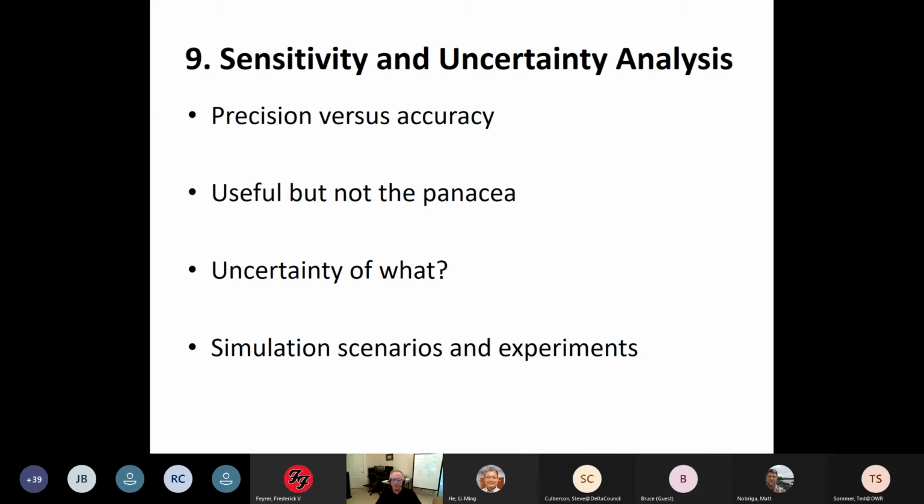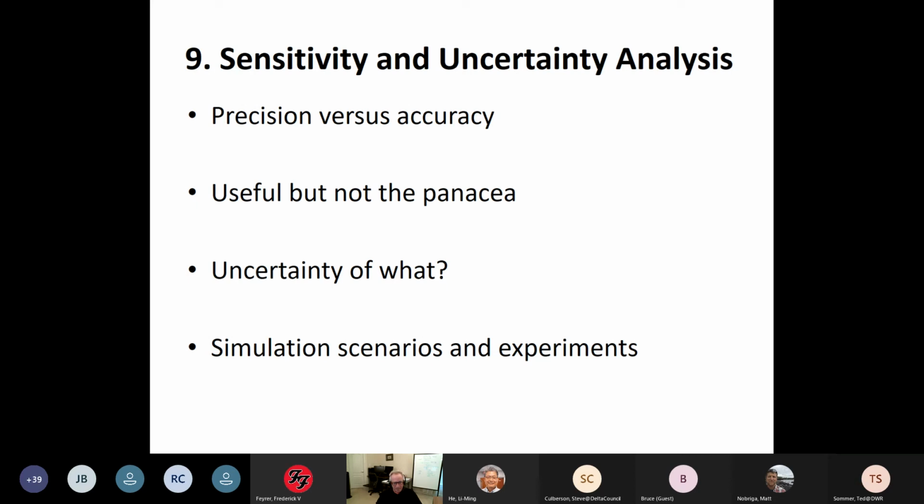sensitivity and uncertainty analysis. I think there's too much. Everyone says you need a sensitivity analysis. I think it's not the panacea that people think it is. I think they're confusing precision and accuracy. It may help with precision. It doesn't help with accuracy, because in a model, it will be most sensitive to something in the model. It has to be. And always ask with an uncertainty analysis, how did they get the uncertainty on the inputs? Everyone looks at the uncertainty of the outputs. How did they vary the inputs?